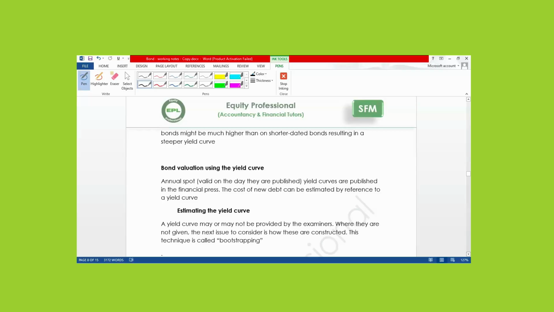All right. Estimating bond valuation using the yield curve. You can value a bond using your yield curve, as I've explained. If you are to value a government bond, you are going to use the government spot yield curve. Let me put it here, please.